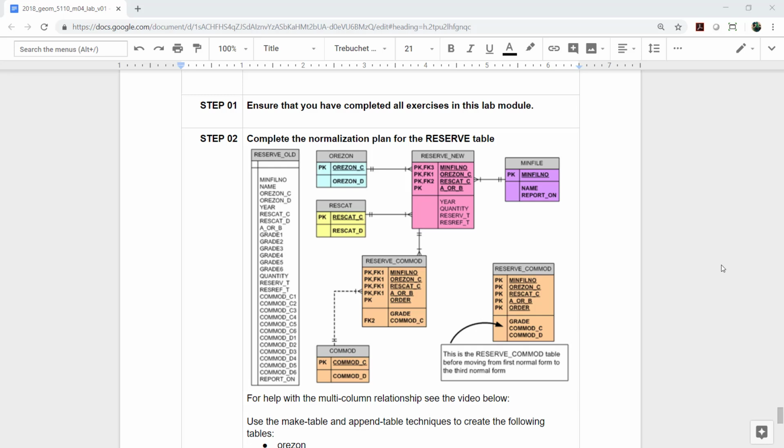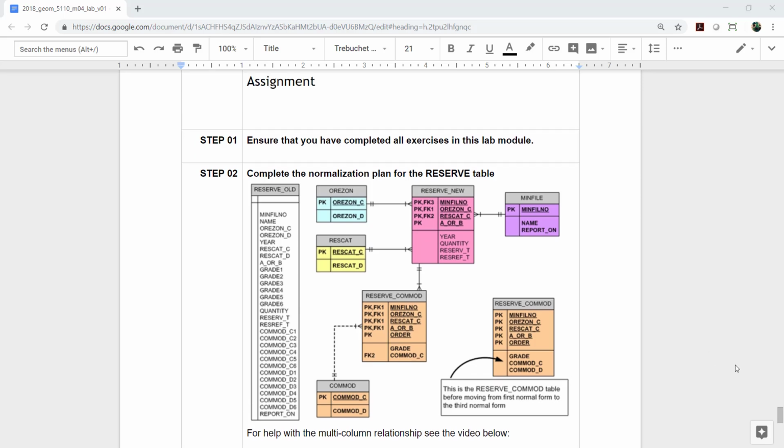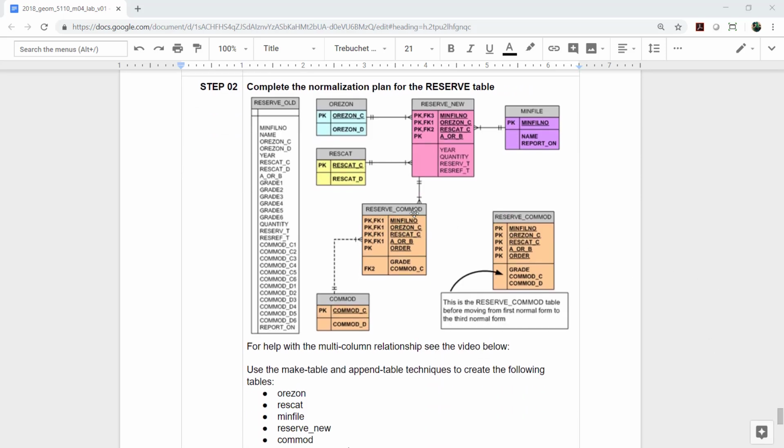So in this video, I just want to show you how to make a relationship, and I will try to make the one between reserve commod and reserve new. And I'm going to do this in pgAdmin 4. And so